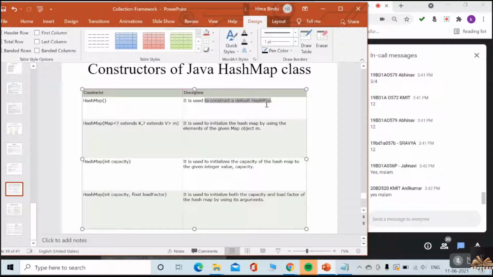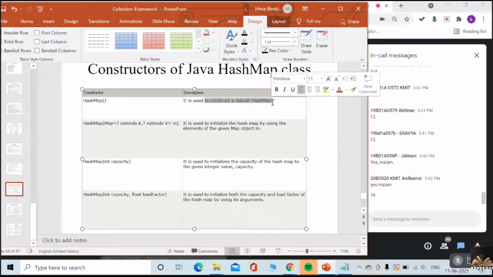It constructs the default hash map with the default capacity. What is the default capacity? Just now we have discussed. 16. If I use this constructor, the capacity of the default hash map is 16. Next one. The second constructor accepts one more map as a parameter, HashMap of Map.